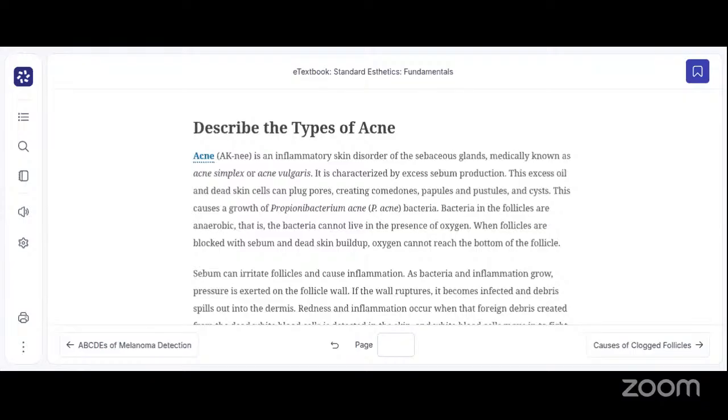Anything can go on in the body, but whenever there's a set environment, you will see breakouts, so those set environments are unpleasant. You don't want to have bacteria. So dirty face, somebody's not cleaning their face. You're not getting facials. Everybody's touching your face. You're not cleaning your hands. Bacteria is being transferred from the nails to the face, or so many different things could occur that can cause